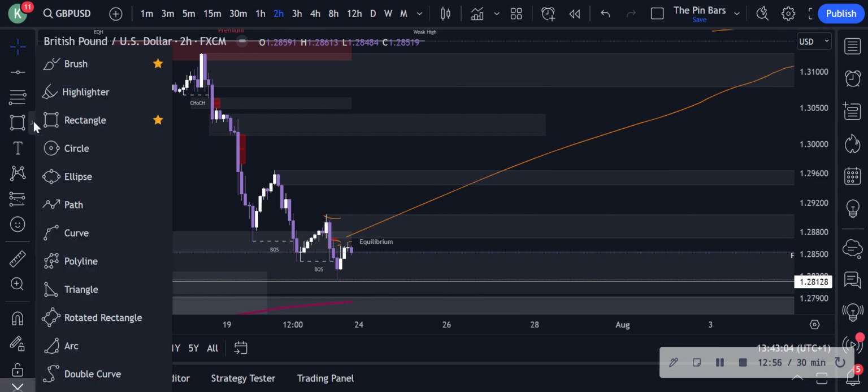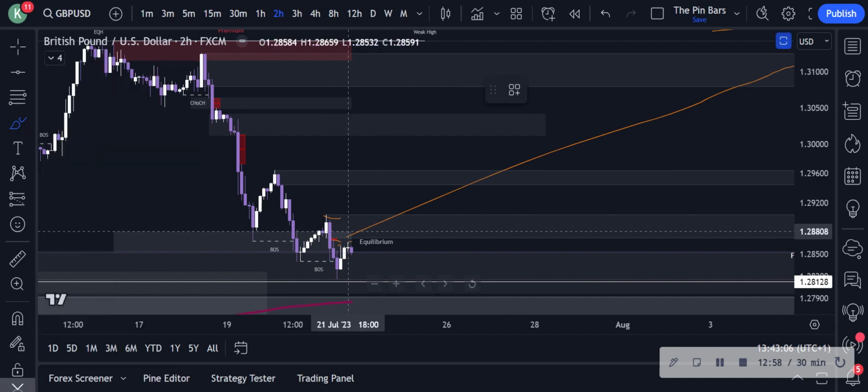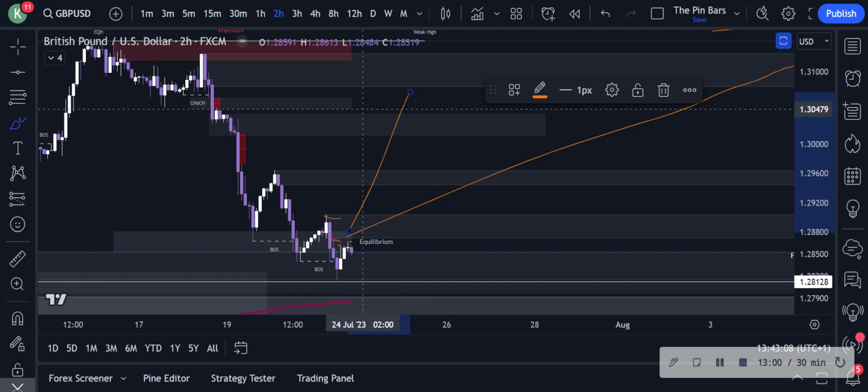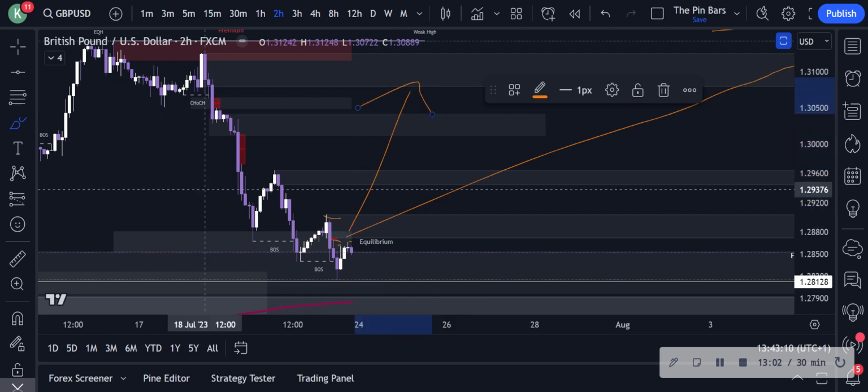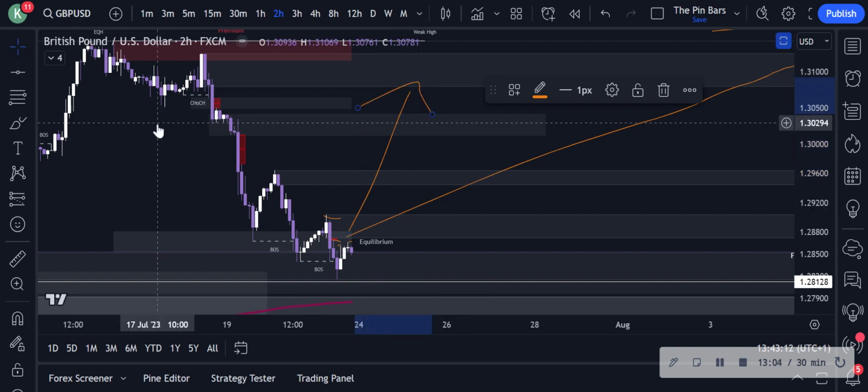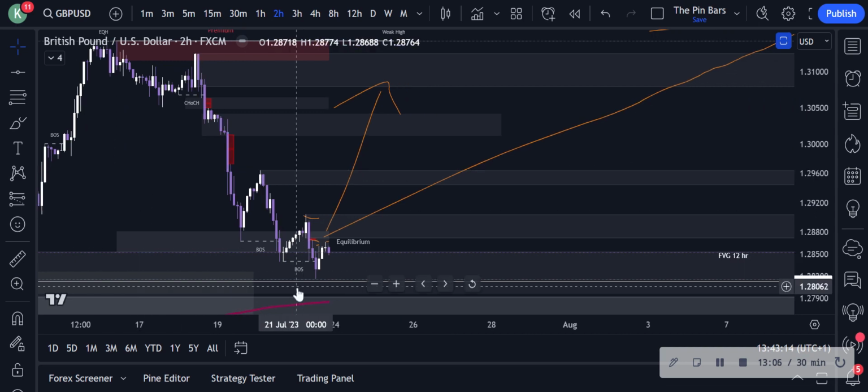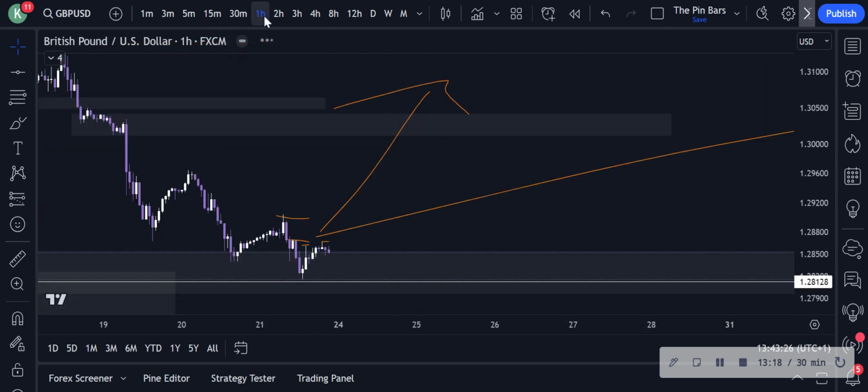So this is my analysis for GBP USD. Okay, very messy drawing, but just deal with it. So yeah, this is where I do think price will go. So wait for a break of structure, guys, first on an hour. I would happily just wait for a break of structure here on an hour,